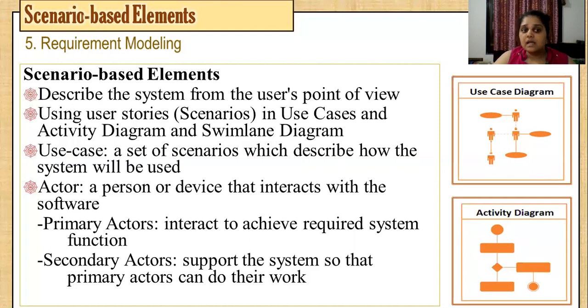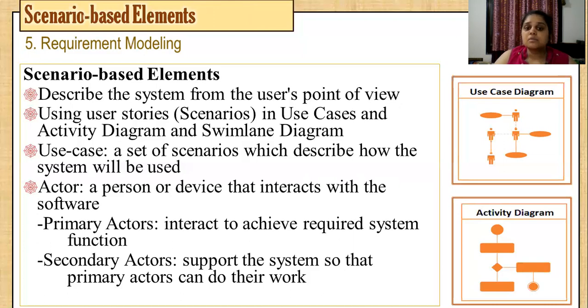The use case diagram is nothing but a set of scenarios. Scenarios means the way you are interacting with the system. So a set of the ways of interacting with the system, how the system will be used, that is called a use case. Now, use case consists of actors.